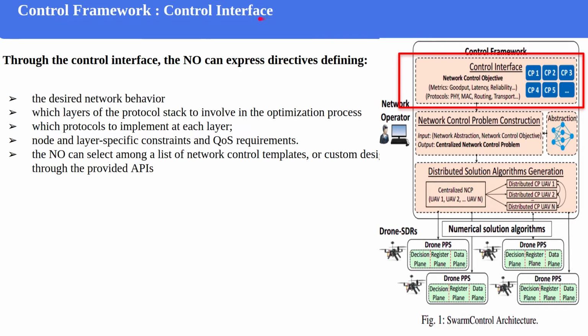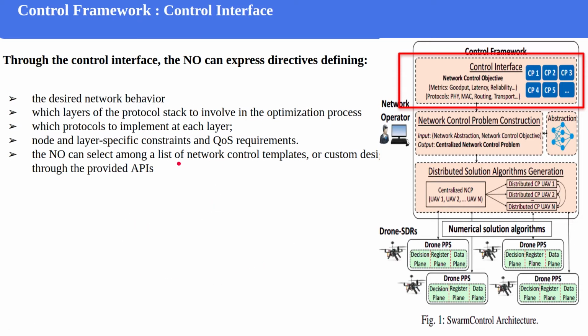The control interface provides the network operator with an abstraction of the UAV network, and it hides the low-layer network functionalities and information like the number of UAVs, their computing capabilities, and battery levels. It also enables the network operator to have the desired network behavior, and to determine which layers of the protocol stack to involve in the optimization problem process,